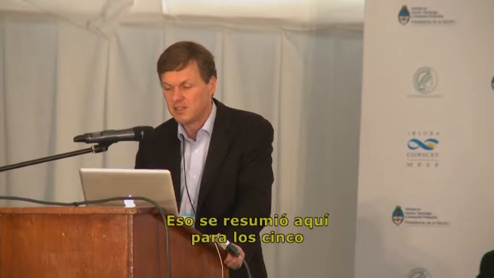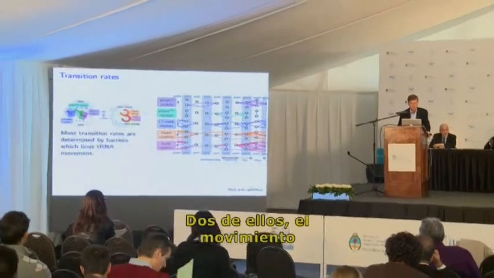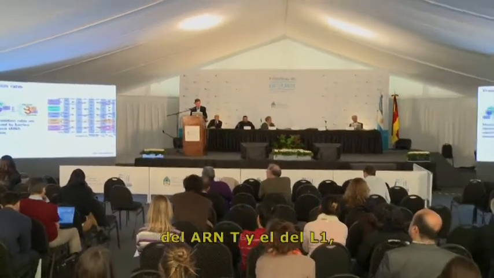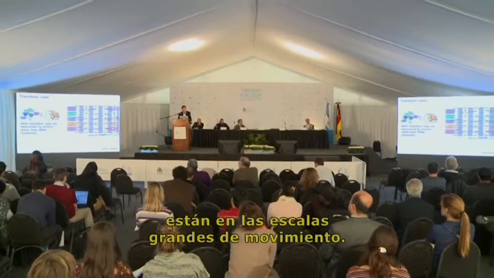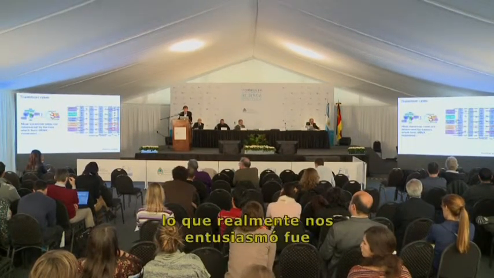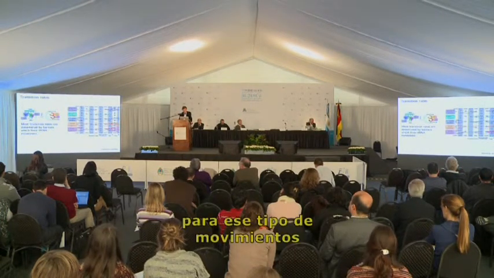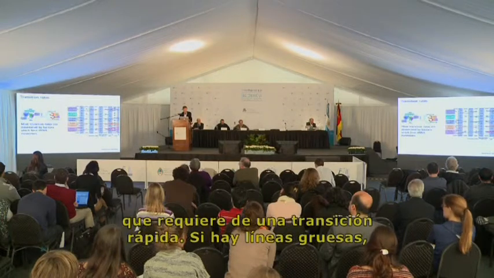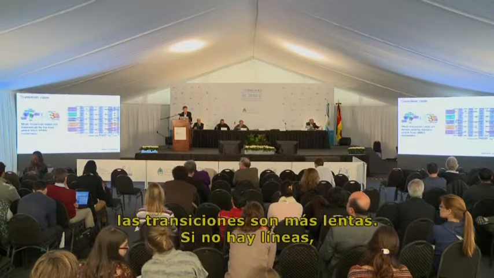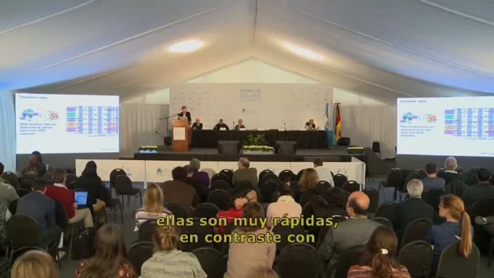And that is summarized here for the 5 motions which I have shown so far. 3 of them, the motion of the tRNA and the L1, shown here. 2 of them, the large-scale motion here. There's a lot to be learned from that, but the one which really excited us was that there's a continuous line here for those motions, meaning fast transition. Thick lines, fast transition, thin line, slower transitions, no line, very slow transitions. All of them are very fast, quite in contrast to the